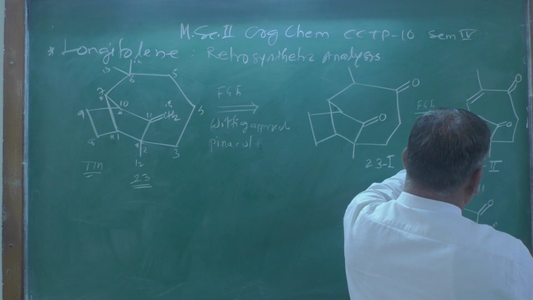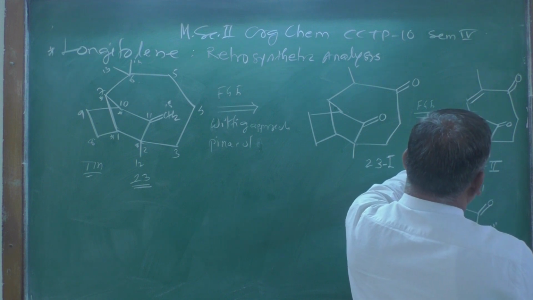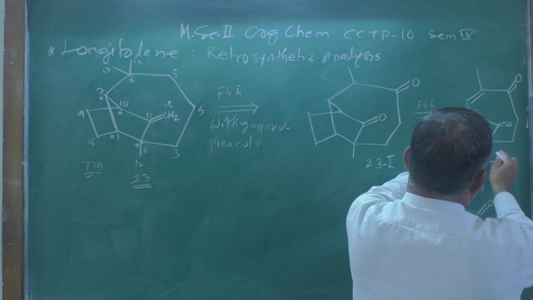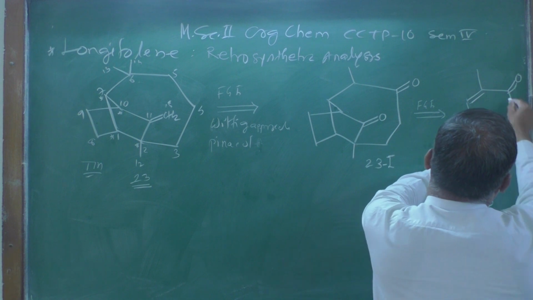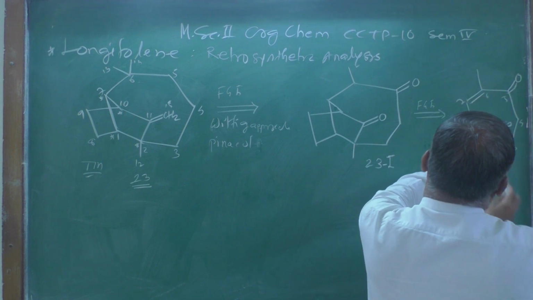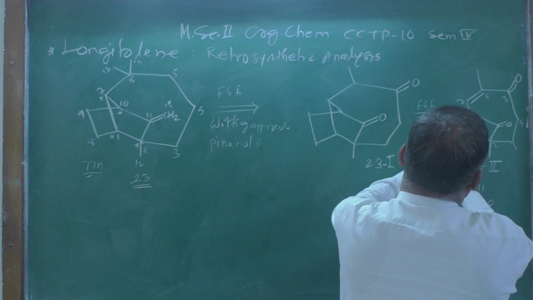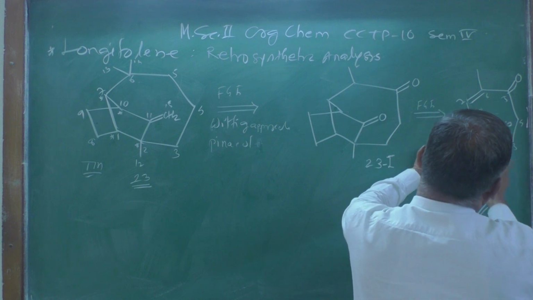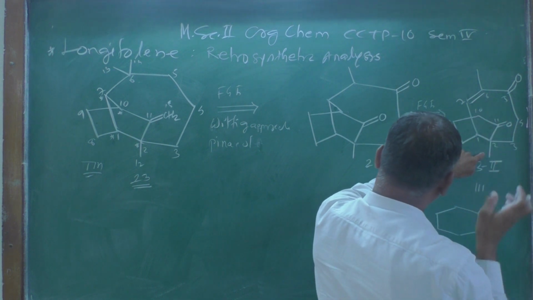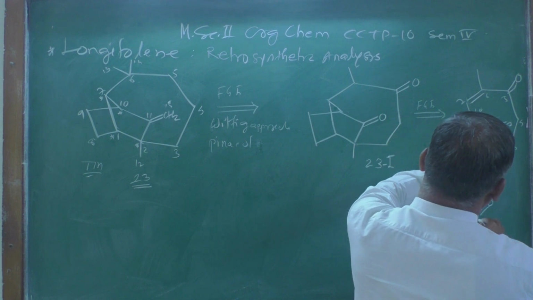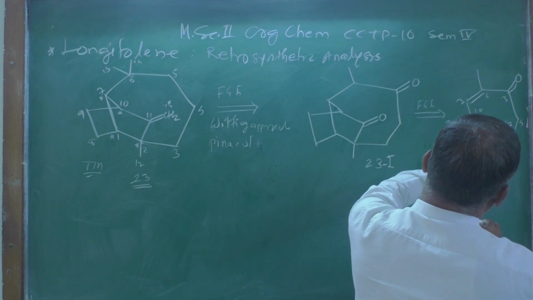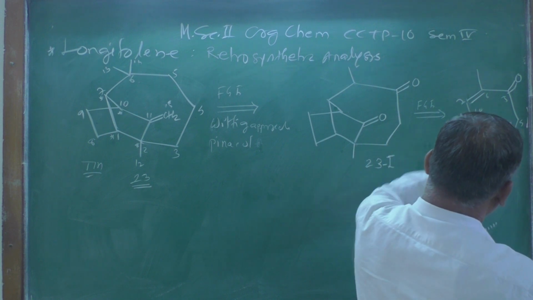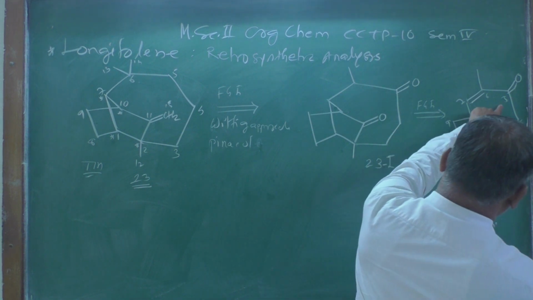Suppose, if you remember the numbering system over here, 1 2 3 4 5 6 7, then 8 9 10 11, and this is 12. Now this one is 11 number, and this is the 5 carbonyl group, so we can